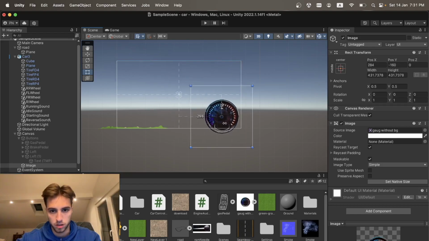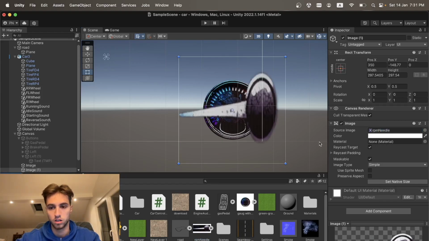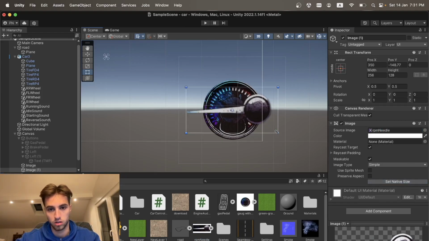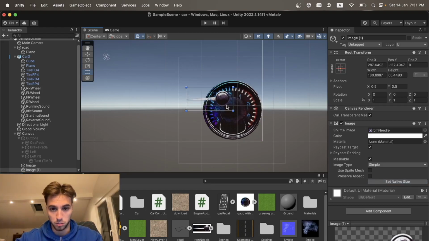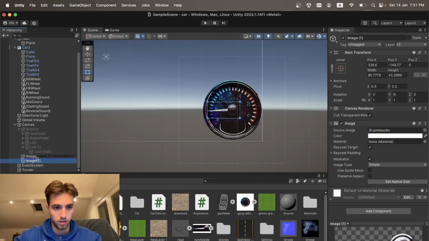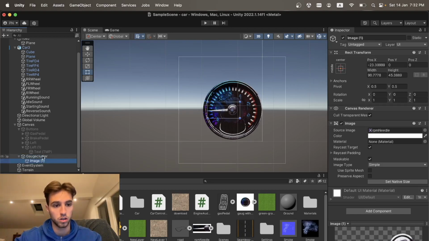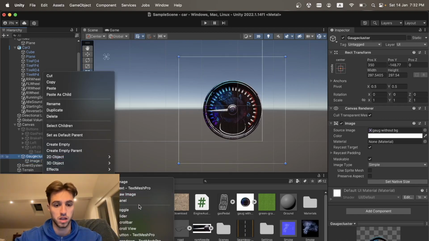Alright, let's put this here. Perfect. We also need to use our needle, so I'm gonna copy paste this and I'm gonna put the needle here. So obviously it's not the correct size, so we're gonna scale it back down. I think that's good enough. Okay, so now we're gonna put this as the parent. We're gonna rename this to gauge cluster,